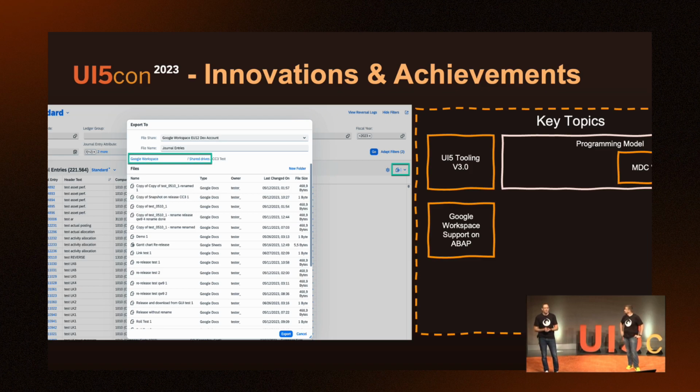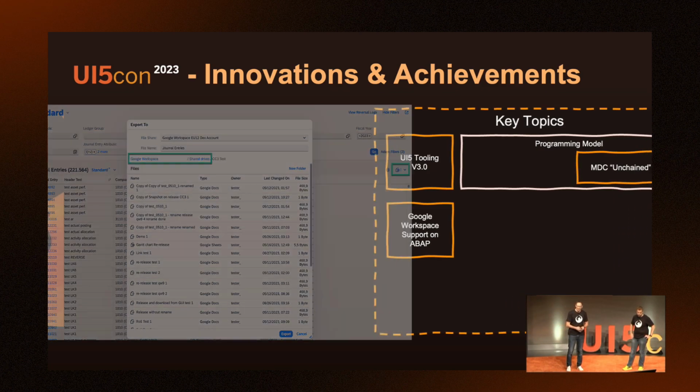Then you also see the adjusted export-to dialog. Here, the green part is where you can also see Google Workspaces. I have grayed out some parts for security and privacy reasons, so it's not a bug. This now allows companies who use Google Workspaces to connect our software directly with Google.